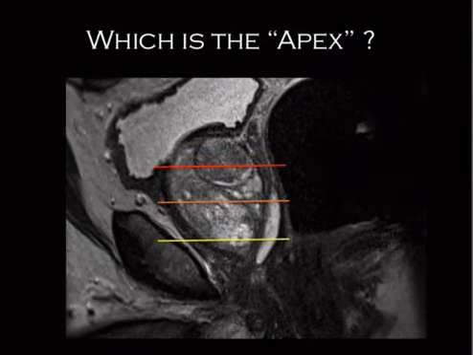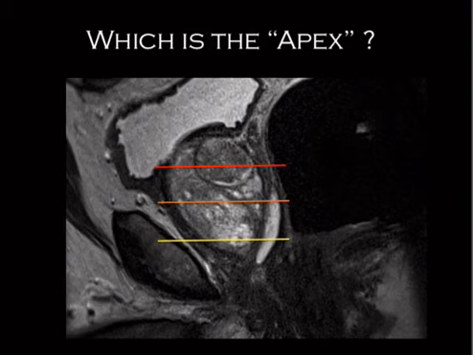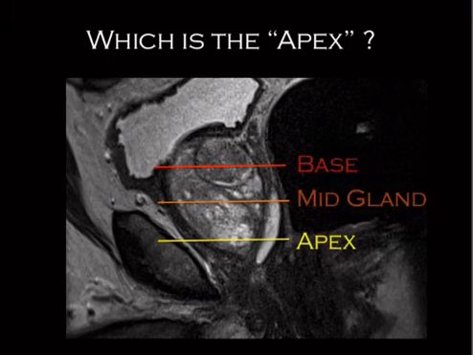Which line, red, orange, or yellow, represents the apex? You're probably thinking, well, the apex is at the top. That's what that means. We've reached the apex of the mountain. I've reached the apex of my field. That's at the top. And that is what that word usually means, but not for anatomists who study the prostate, apparently. And the way that I remember this is the base is at the base of the bladder, or you can just remember that the